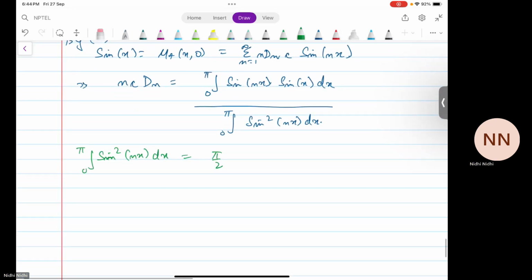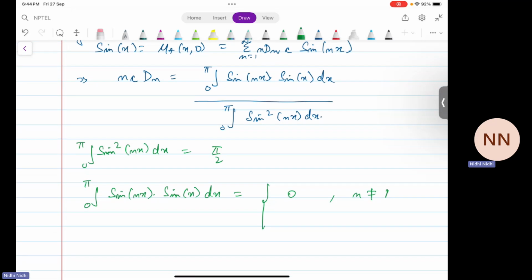Moreover, you can evaluate sine nx times sine x by using basic identities of trigonometry. This must be 0 for all n not equal to 1. And for n equals 1, it is again the integration 0 to pi sine square